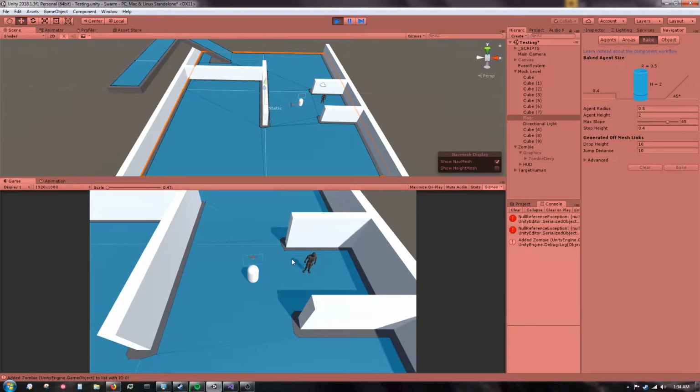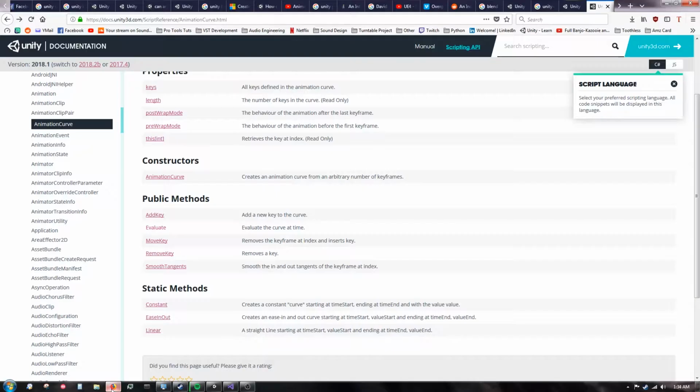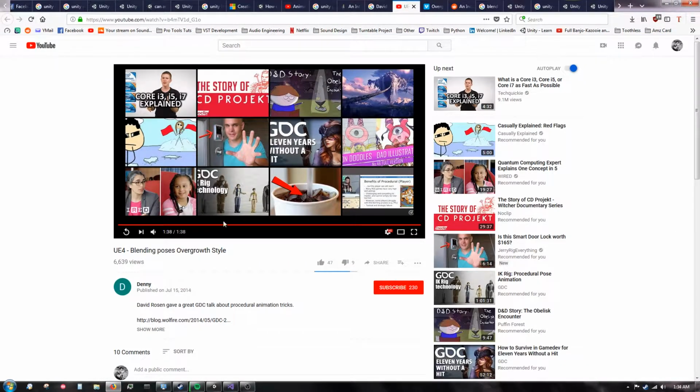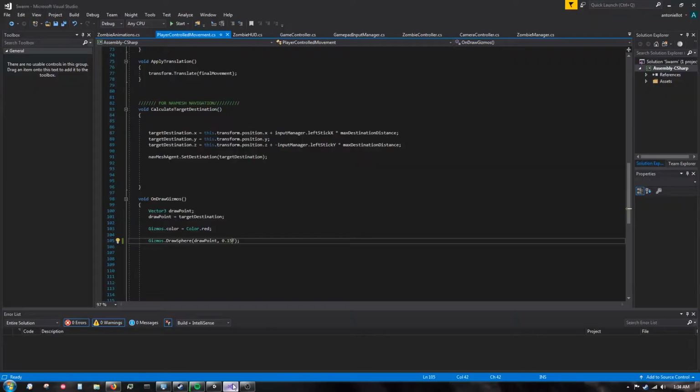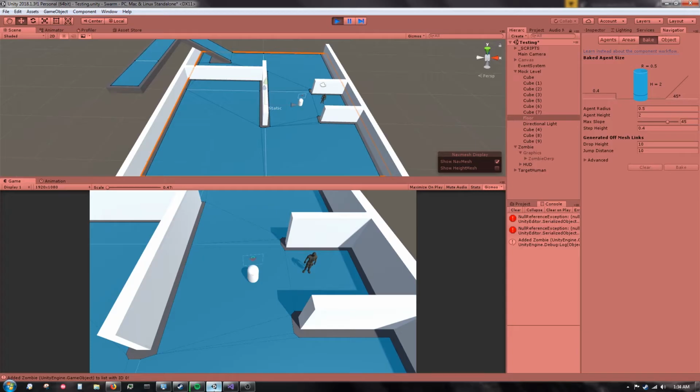One other thing I was looking into was an animation technique using a limited amount of keyframes, like the talk with what's his name, David Rawson, for Overgrowth. So what I did was I made a really simple, crappy model,